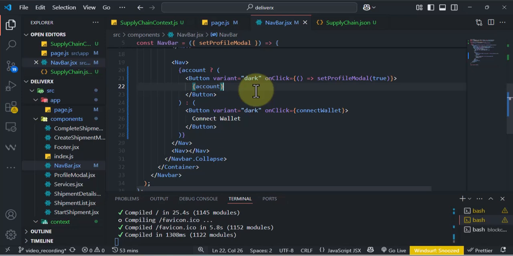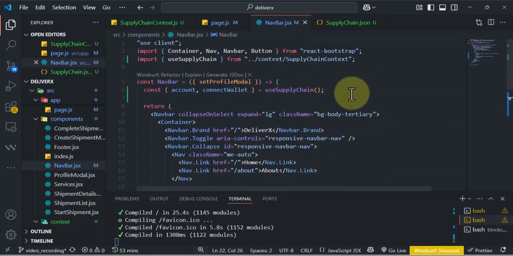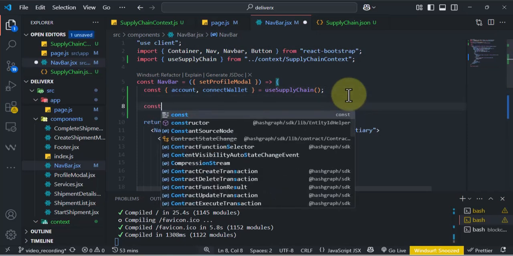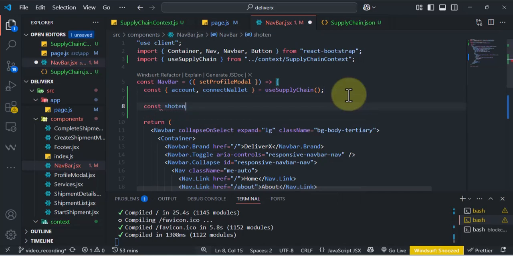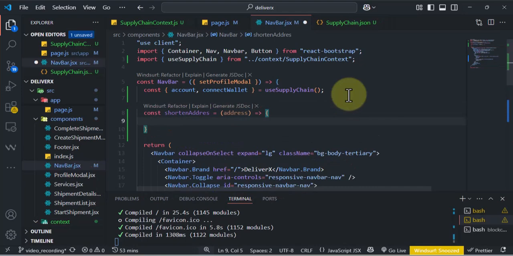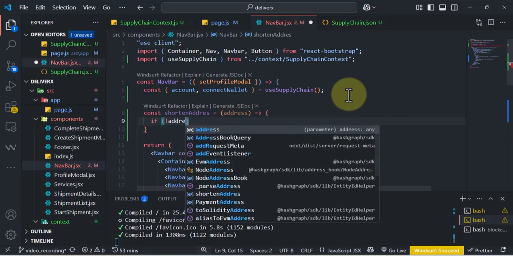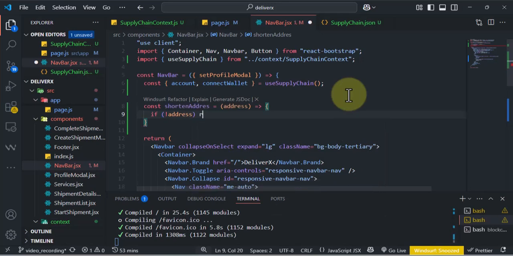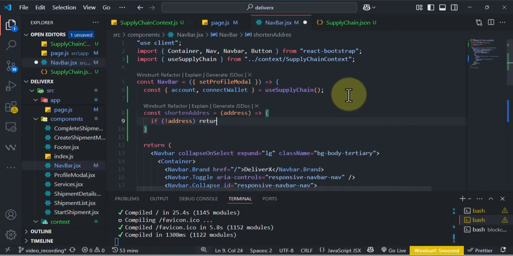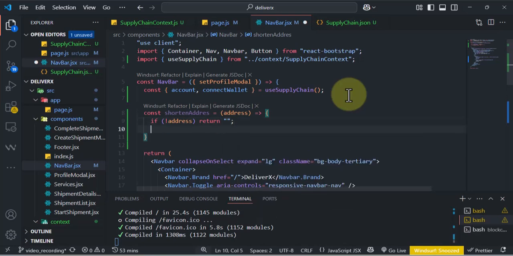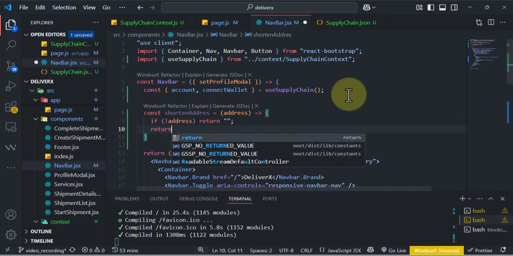So for us to do that, let us just write a small function that allows us to do that. Let's call it shortenAddress. So we are going to be passing the address to be shortened. Then if we don't pass our address, then return nothing. Otherwise, if we have address, return